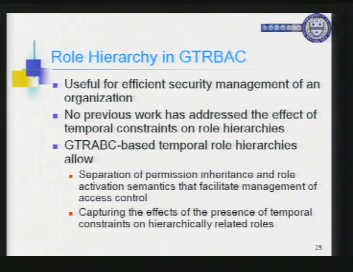So we looked at this issue. Basically, with temporal role hierarchies, we tried to capture all the fine-grained semantics that can be introduced by having time constraints, by separating the permission inheritance and role activation inheritance semantics. We'll quickly look at that. And also, this separation allows capturing